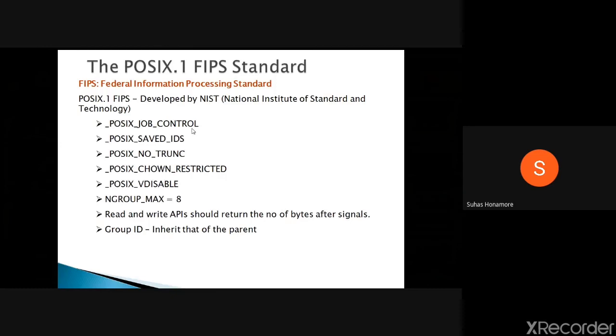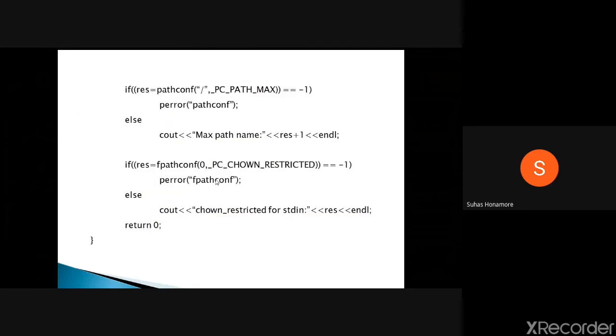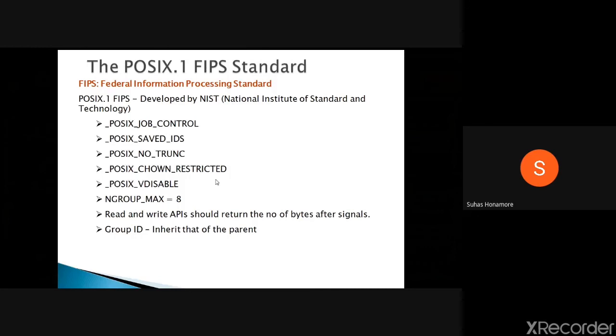Depending on the year, they modified it a little bit differently. In 1988 and 1993 they modified some different things, but they said these macros should always be defined, and they have some particular value only. They should not change it. The same values should be there: saved ID, no truncate, change ownership, and so on. For that, they give us some values. This is one kind of US community standard. They follow POSIX.1 plus in these macros some predefined values, a little bit additional thing.